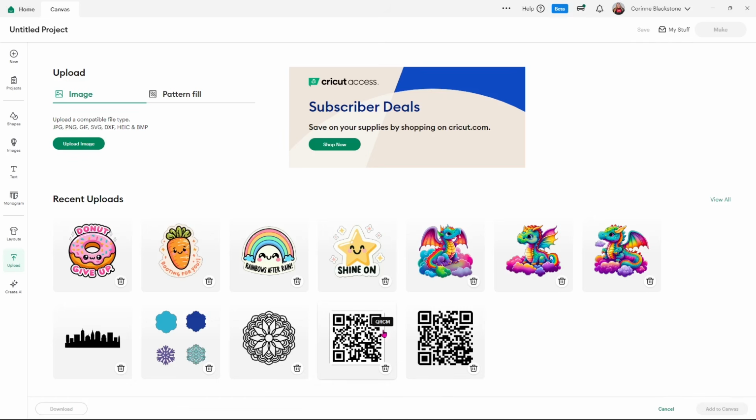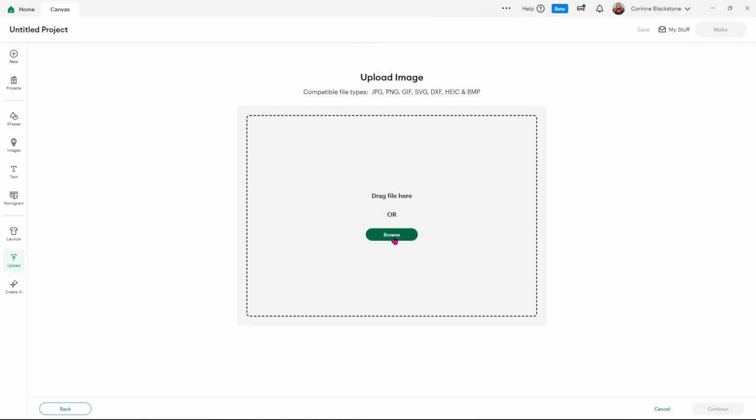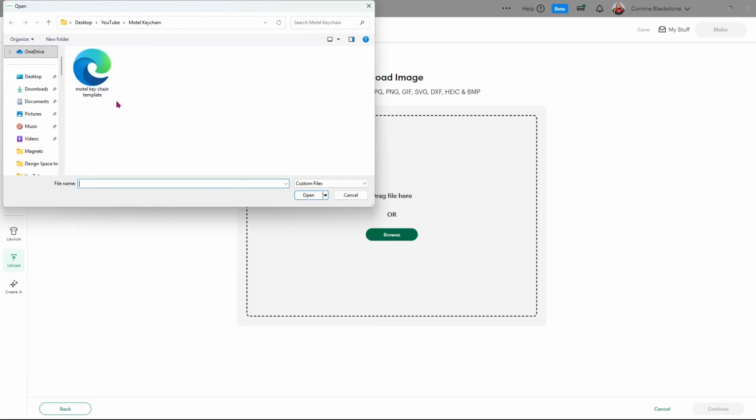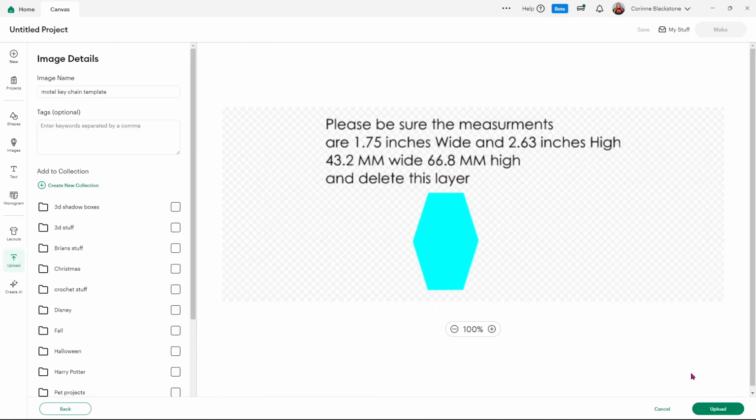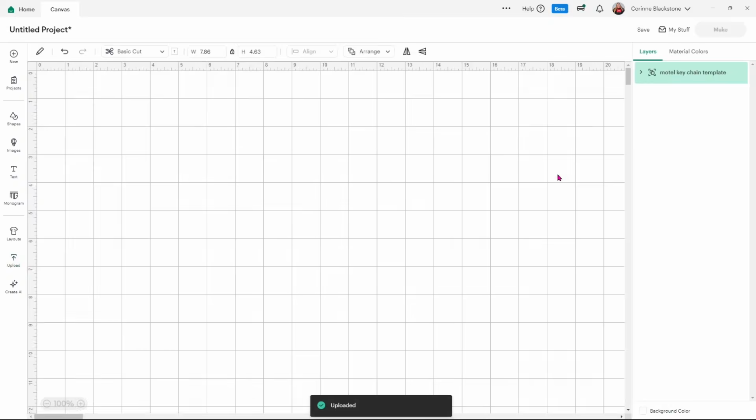We're going to upload our little template first. So I'll show you how to do that. You're going to click upload image and you're going to either browse for it or drag and drop your file. I'll browse, and it's going to be called Motel Keychain Template. Go ahead and click that and it's going to bring up this design. Now this is an SVG and it does have two layers because it's going to have the template and then the information. So I'm going to click continue and then just click upload, and it's going to put this into